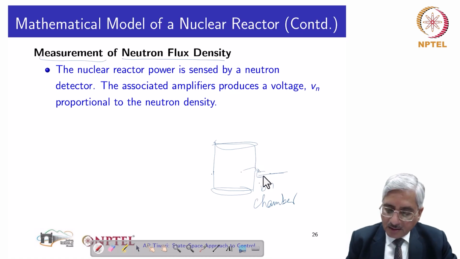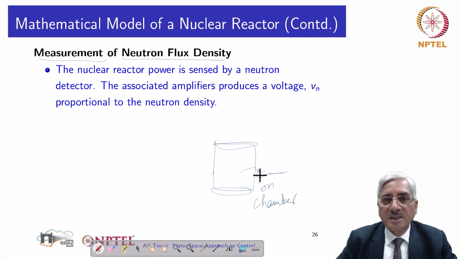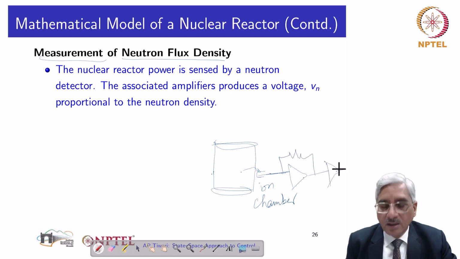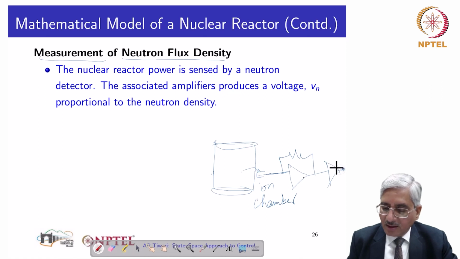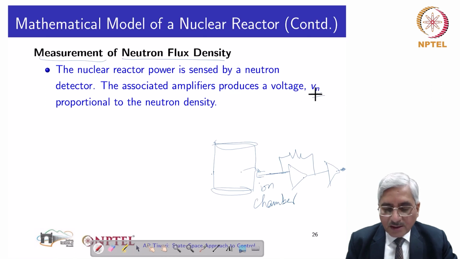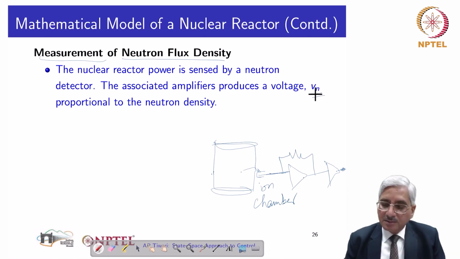These neutrons interact inside the chamber. The material selected in the chamber is such that the neutrons cause current through either emission of alpha or beta or neutron further. And that current is converted to voltage and amplified. So at the end we get a voltage signal or a current signal. We consider in this lecture that signal as a voltage signal,